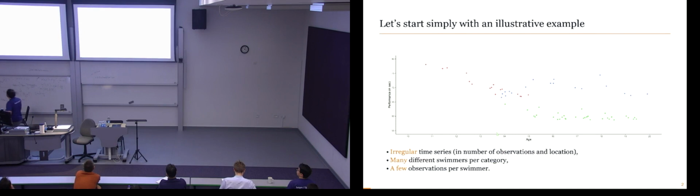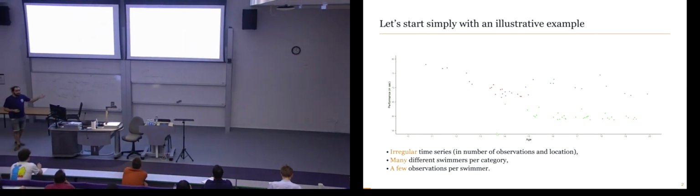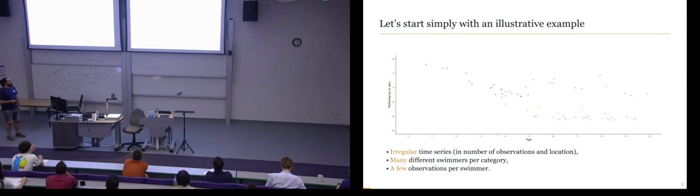So let's start with an illustrative example. It's actually the example and the problem that kept me working for 3 years during my PhD. This problem comes from elite sports. It's actually swimmers that you see here, swimmers between 10 and 20 years, and what we are looking at, what we are measuring is their performance on the 100-meter freestyle,